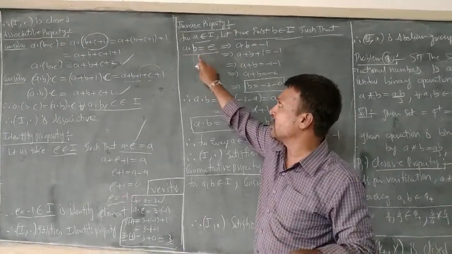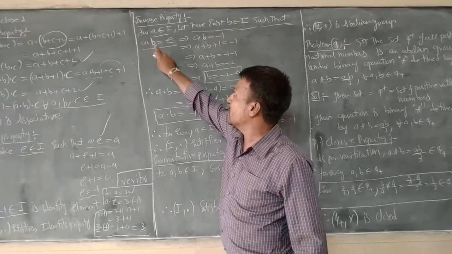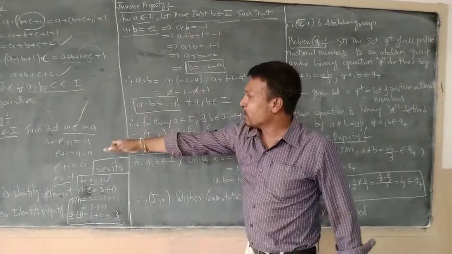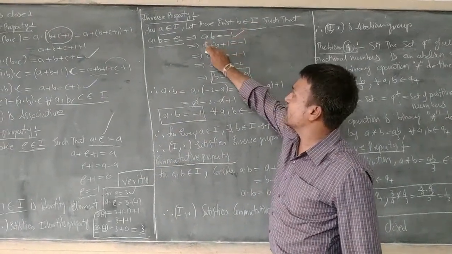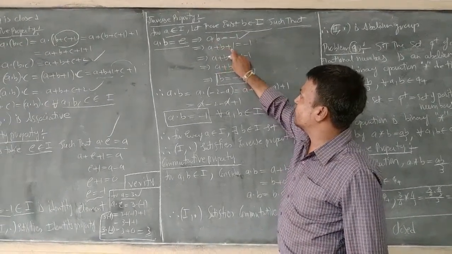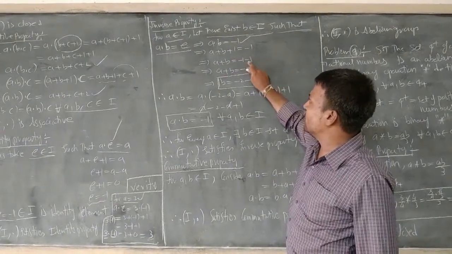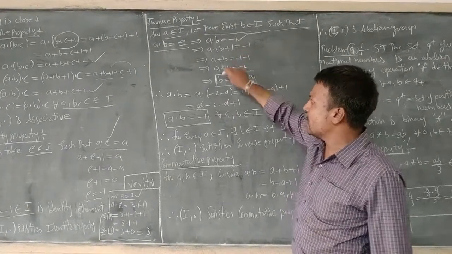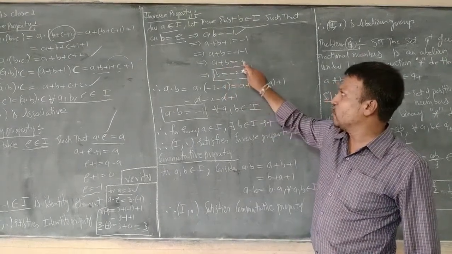So what is this? It is the inverse property. Here b will be the inverse of a and a will be the inverse of b, and e is the identity element. So in the identity property, instead of e we have got minus 1, right? Here e will be replaced with minus 1. a dot b is equal to minus 1. a dot b is defined by a plus b plus 1 is equal to minus 1, right? If I send this plus 1 to the right hand side, it will become minus 1. Therefore minus 1 gives minus 2 on the right hand side, and on the left hand side it remains a plus b. So a plus b will be equal to minus 2.